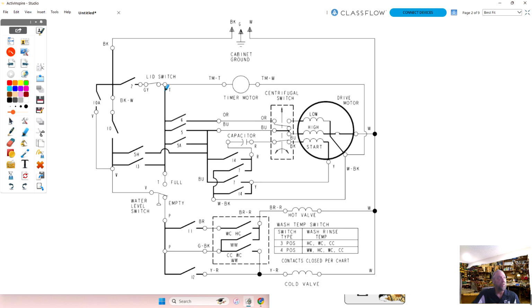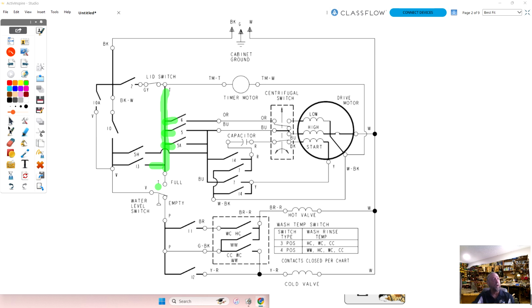That is like if you see this long line here, T, which means the color of the wire coming from your water level switch, goes into the timer. But that one wire feeds 3 different switches here and another switch, number 13 on the left here. So we got 1, 2, 3, 4 switches, all fed by this one wire. I have to leave this open. Okay, so this one wire goes into the timer, and there's a single piece of metal inside that timer that actually goes to like 4 different switches in this wiring diagram.